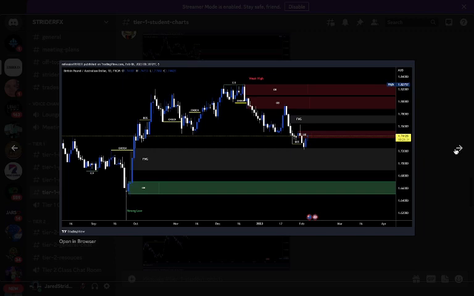GBP AUD. GBP pairs have been very, very sideways lately. But yeah, this is a great example of a short here out of this order block. A continuation order block with massive fair value gaps underneath. This would be a great sell here. But yet again, look,